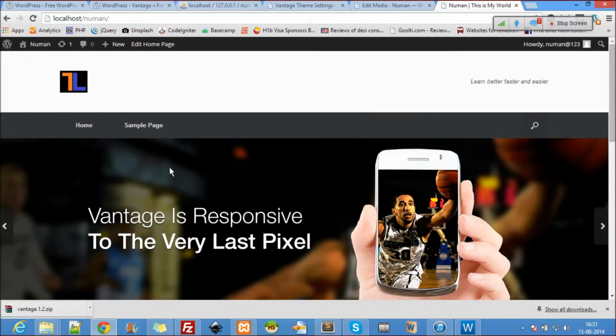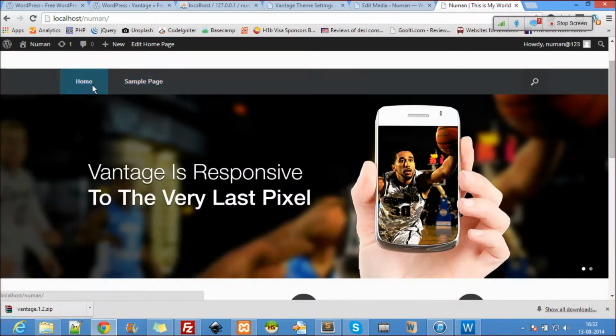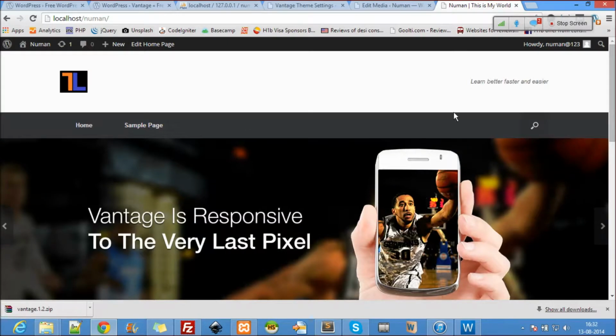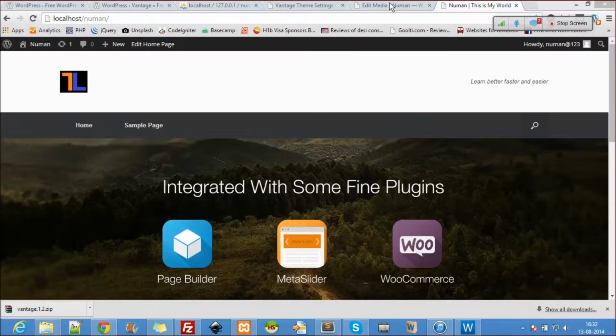And you can see the menu bar here. So this is about how to install and how to change the first basic things, like the title of the page, the caption, here you can see "My World" was your site title, and how to change the logo and the headers. You can change a lot of options here. There are a lot of options here.